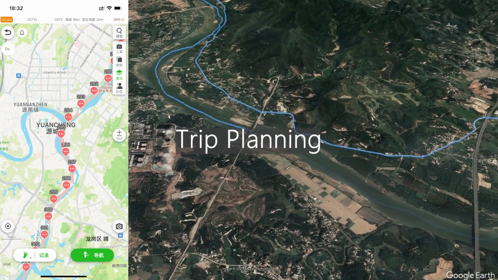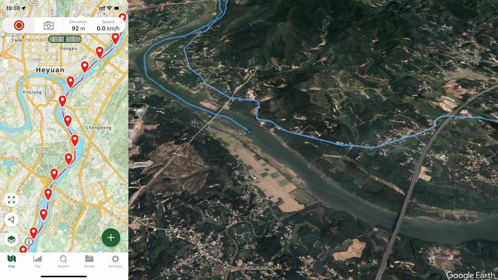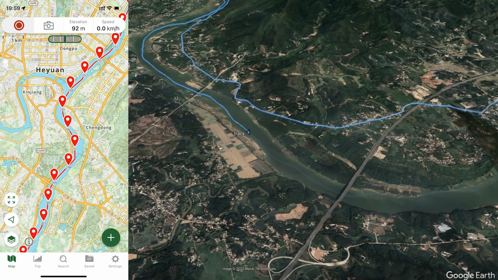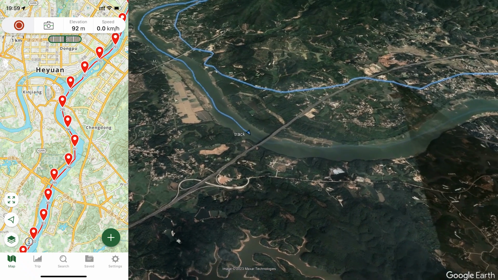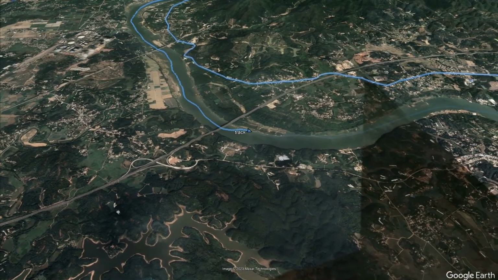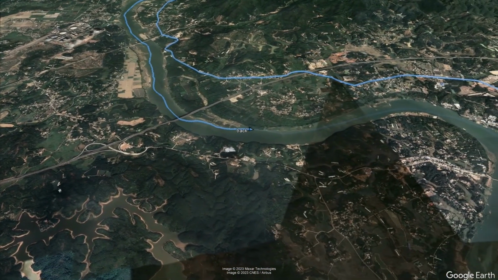Trip planning. I need to choose an appropriate destination for my daily trip. The daily kayaking distance cannot be longer than 30 kilometers. And the goal must be a crowded place in a town. The belongings are more likely to be stolen if the parking spot is in a village.